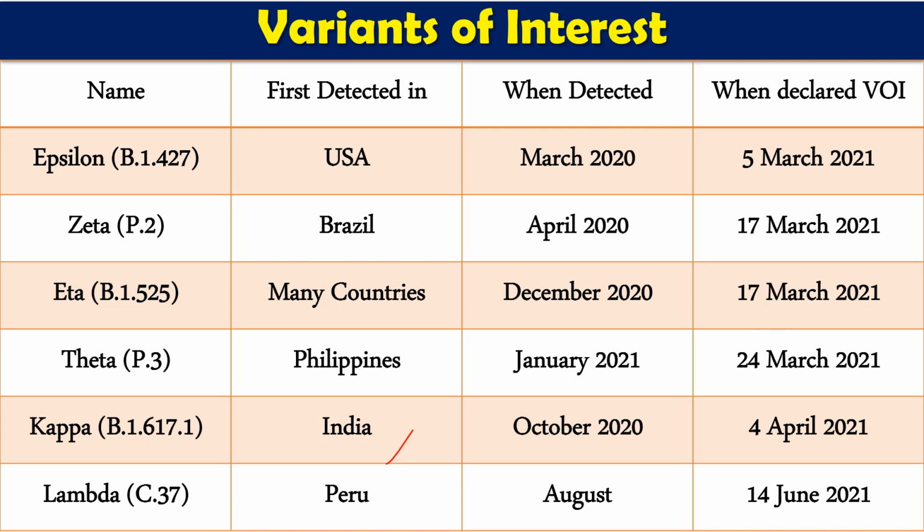Now these are the different variants, either variants of concern or variants of interest. One important thing I told you that I will talk about is delta plus. What is delta plus? First you know that delta is a variant. The delta variant is responsible for the second wave of coronavirus in India, and not only in India, in many countries also. Throughout the world, delta plus, which is a slightly more evolved variant, means one additional mutation occurs in delta and it gives us delta plus. It has been found in roughly 143 cases till now.